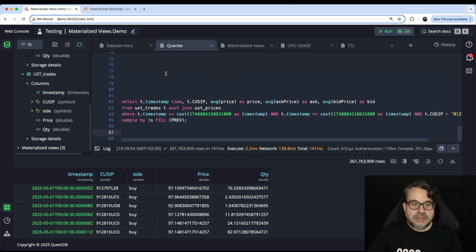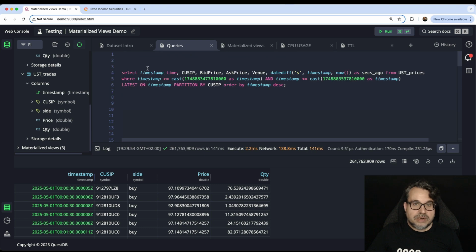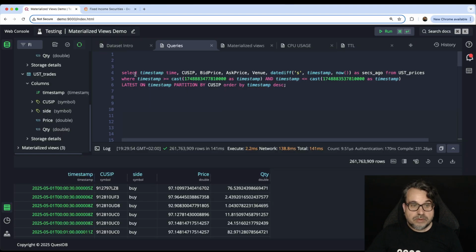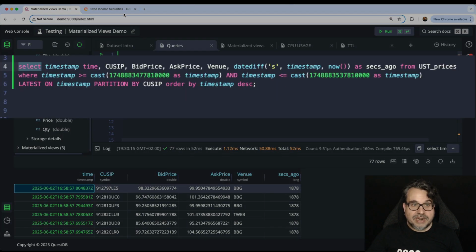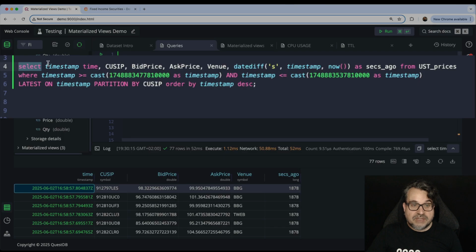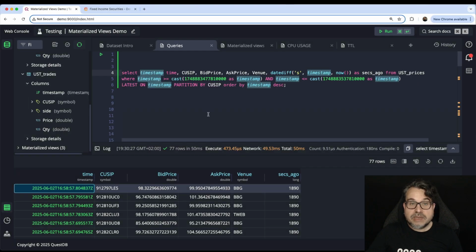These are some of the queries that I'm running on the dashboard that you see. The first 2 panels, the panels on top, they are not using the materialized view. I'm just getting in real time the latest values for the QSIP and the latest security terms, and just refreshing in real time. This query is pretty fast as it is. If I execute, you can see the query executes in microseconds.